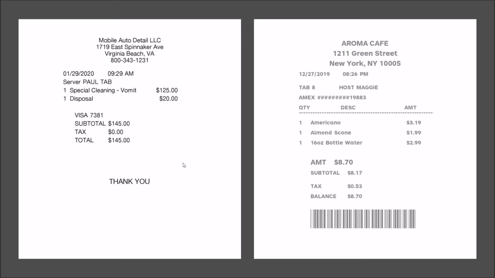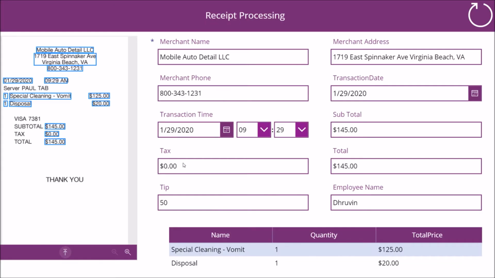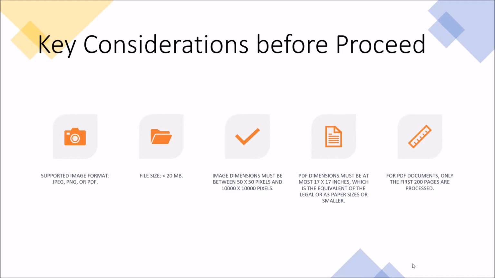Right, now let me talk about the example that we are going to perform throughout the session. We are going to build this type of Power Apps app where we scan a copy of the receipt, and the app will automatically detect all the information. With that, we are also going to add some other fields which users can manually fill in, and when they hit the submit button, all the information with the merchant information and line items will be submitted to our SharePoint list, right? This is what we are going to achieve at the end of the session.